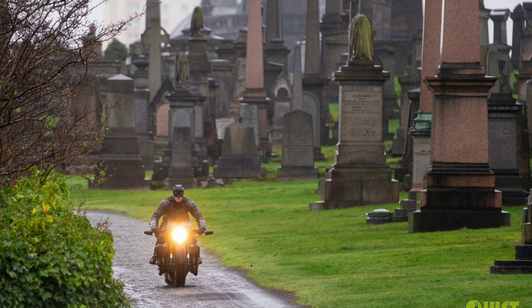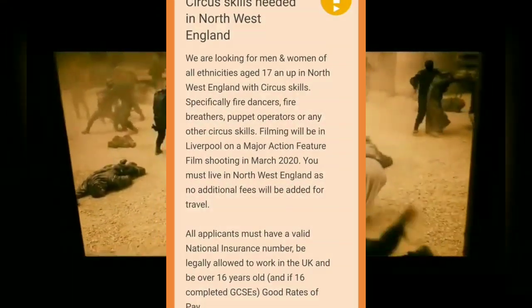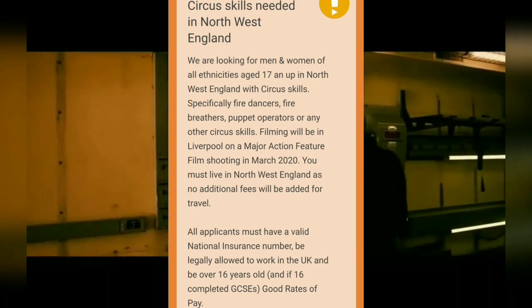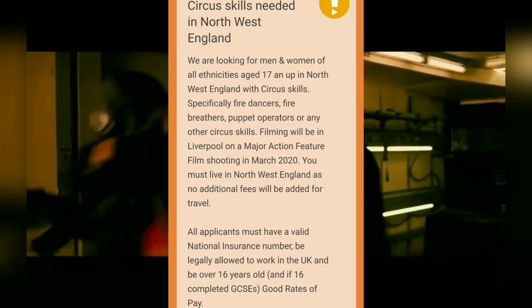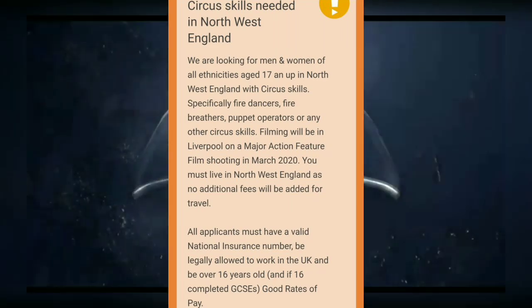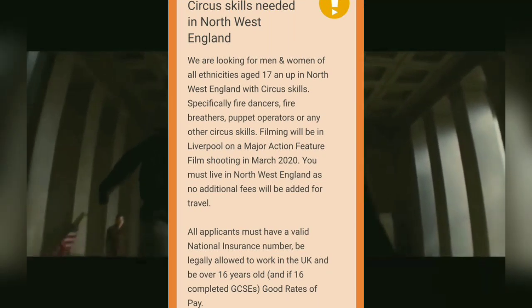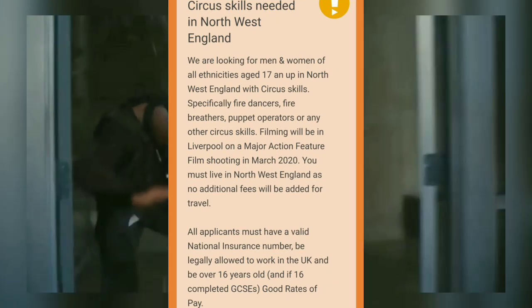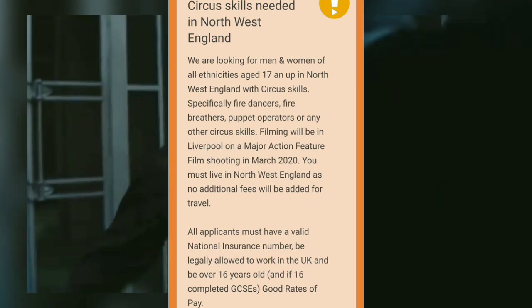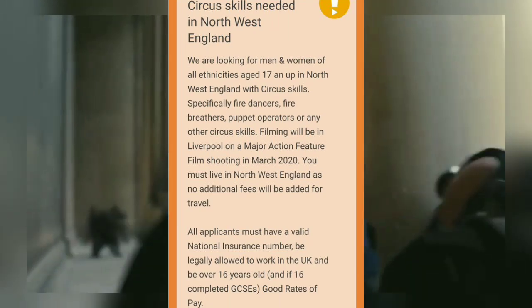Another thing I want to talk about is this casting call that has been going around, and it is for, obviously, this movie in North England. It says, we are looking for men and women of all ethnicities, aged 18 and up in Northwest England, with circus skills, remember that word, specifically fire dancers, fire breathers, puppet operators, or any other circus skills. Filming will be in Liverpool on a major action feature film shooting in March of 2020. You must live in this area. No additional fees will be